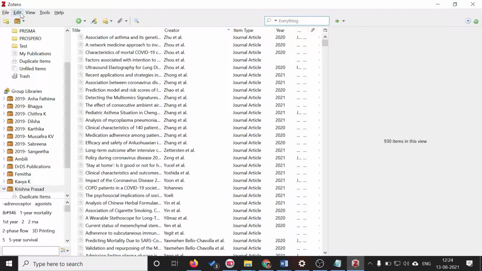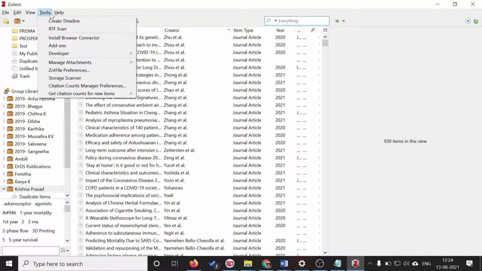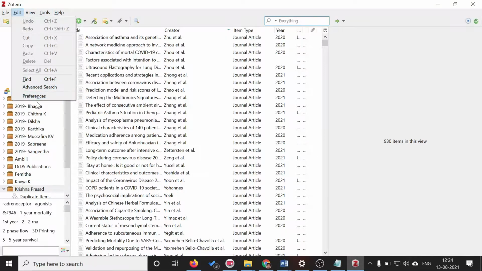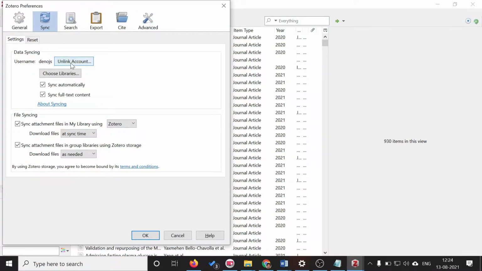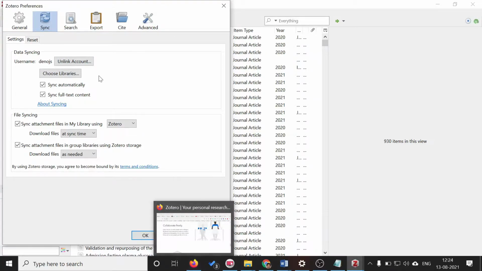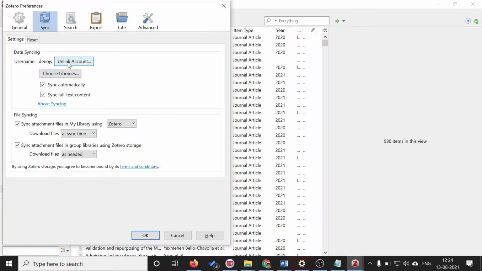If you have an already created account, then you can click on Edit, Preferences, and in that case you have a sync button here. So here my account is already linked. If it is a fresh installation in your computer, you can use the username and password which is created in the Zotero website and link your software with the online library.